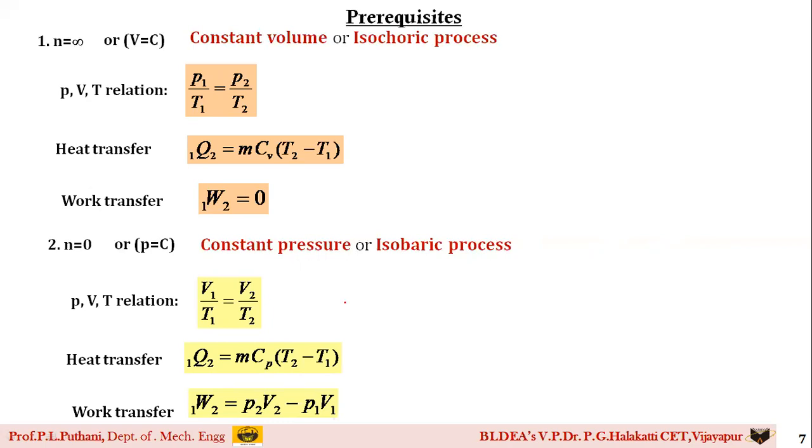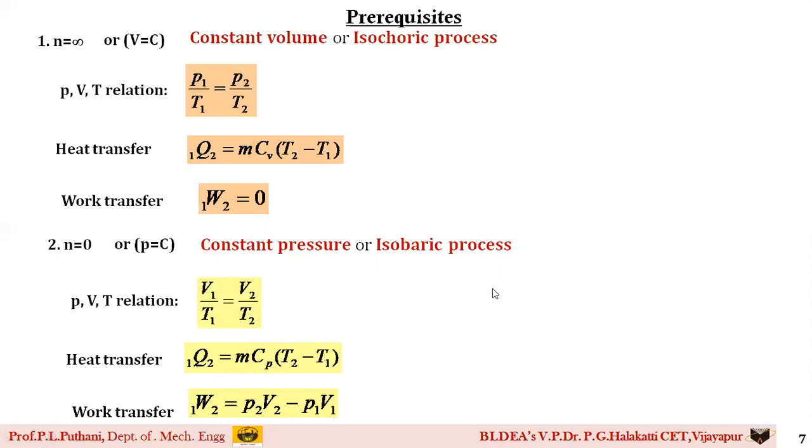One small hint, students, for you. Always do remember the heat transfer equation for the constant volume process and constant pressure process. There is only a slight change. In the constant volume process, the term that comes is CV, specific heat at constant volume, whereas for a constant pressure process it is CP. Other than that, the other terms remain the same, m (T2 minus T1), on both sides we get the same term. Only we have to write CV for constant volume, CP for constant pressure.